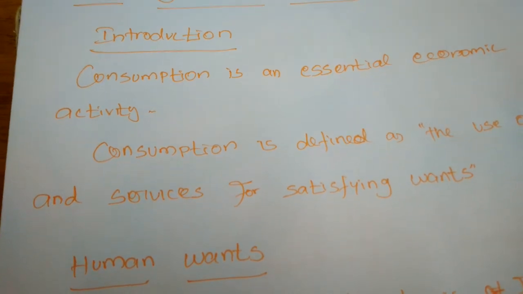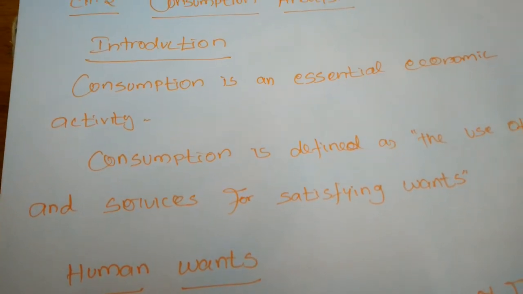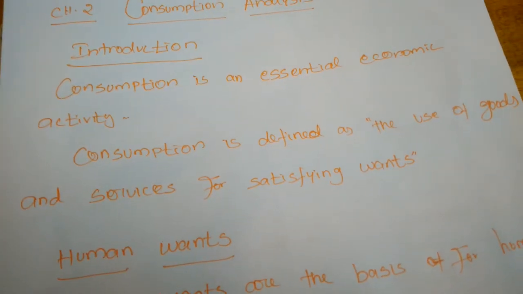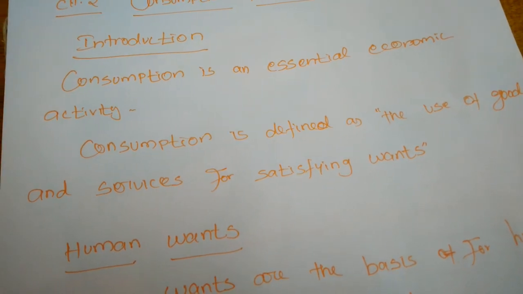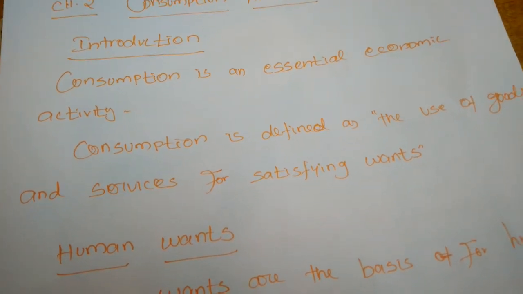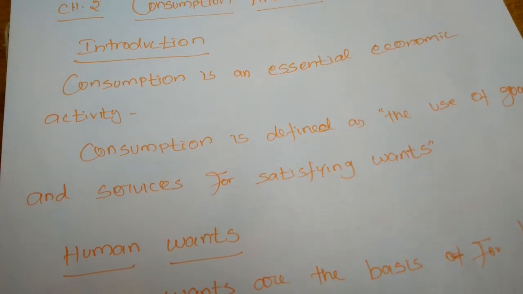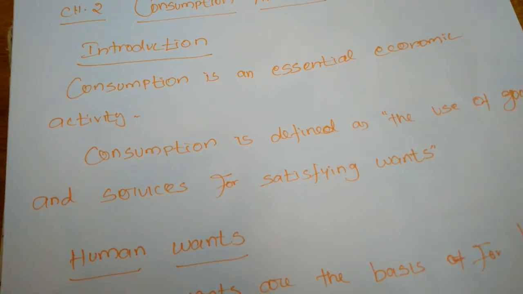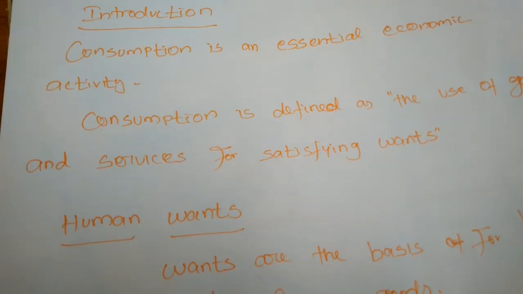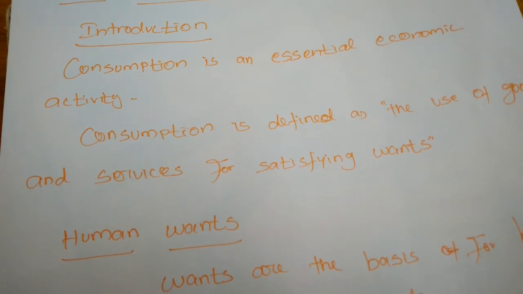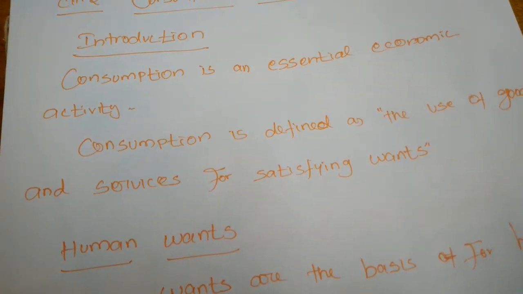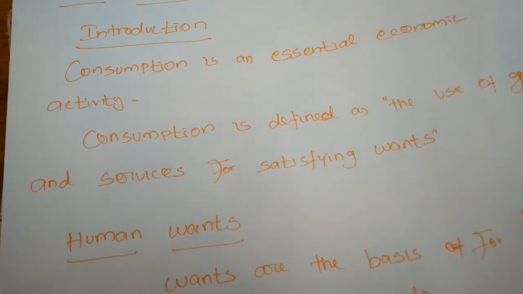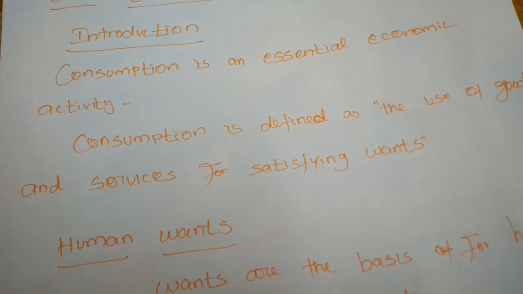So in the absence of consumption there can be no production, exchange or distribution, right? If no people want to consume commodities, will there be any economic activity? Will there be any production of commodities? Will there be a need of producing any commodity? No. Only consumption will bring the need of production, exchange and distribution. So consumption is also an end of production.